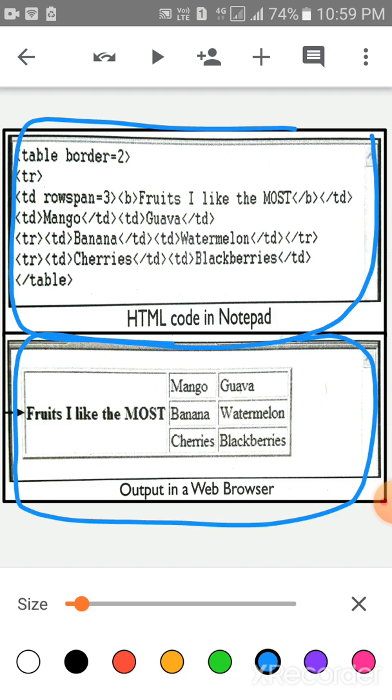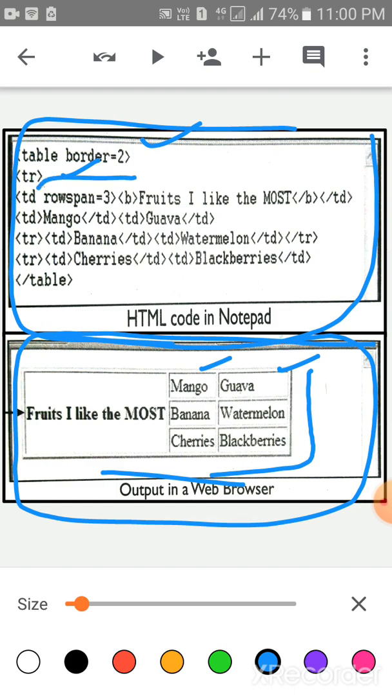So first of all, children, this is the table border. Border is equal to 2, then tr table row, td table data, td row span is equal to 3.